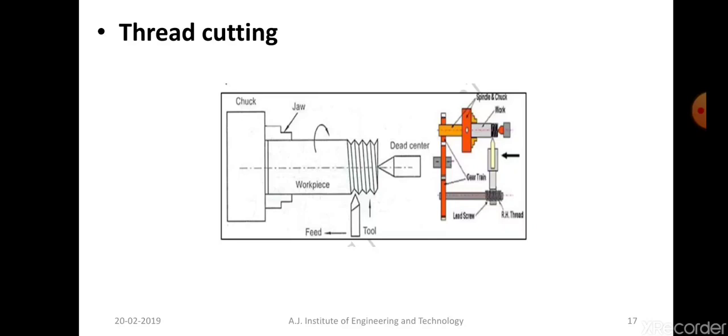The carriage will be connected to the lead screw, and when you want to give it automatic, it has to be connected to the feed rod.